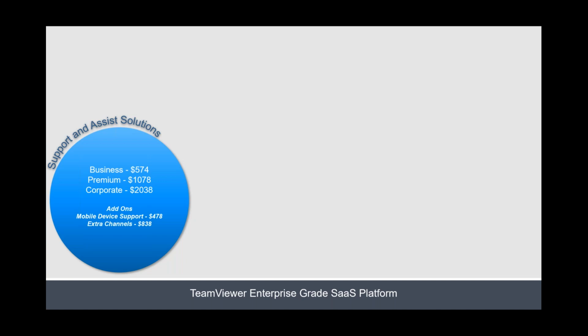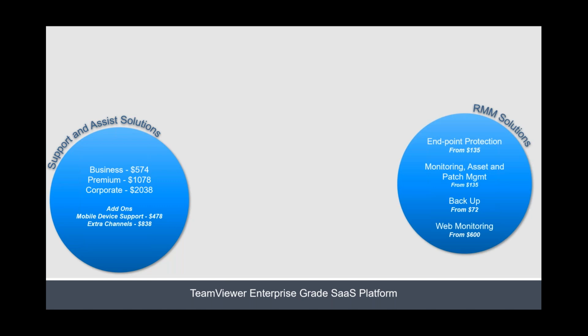They are possibly, I don't know if I want to use this example or not, but they're like your Toyota Corollas or your Camrys, which have been around in the marketplace, giving you that kind of value and that kind of reliability for that usage. Moving on, we've got RMM solutions,